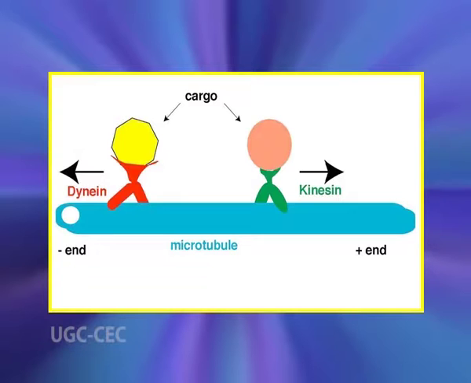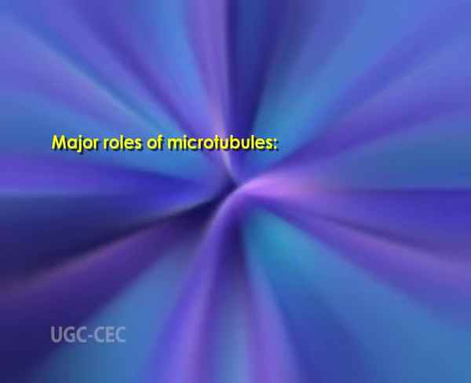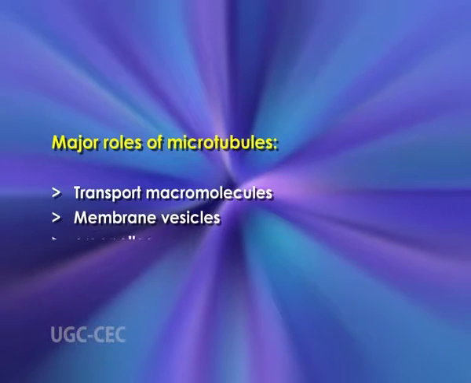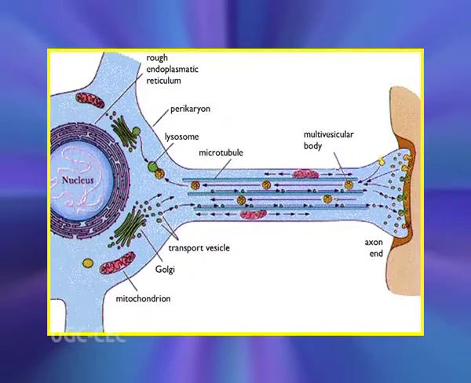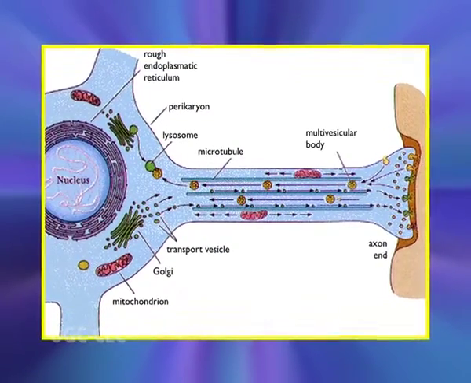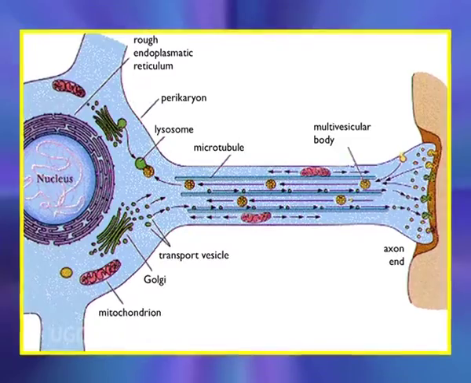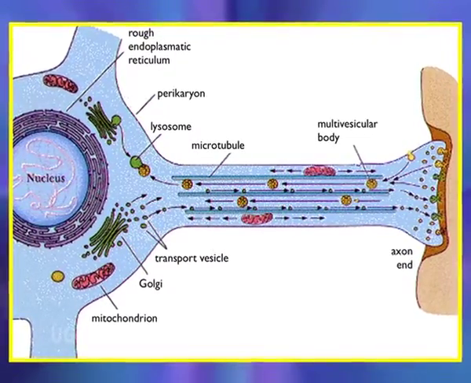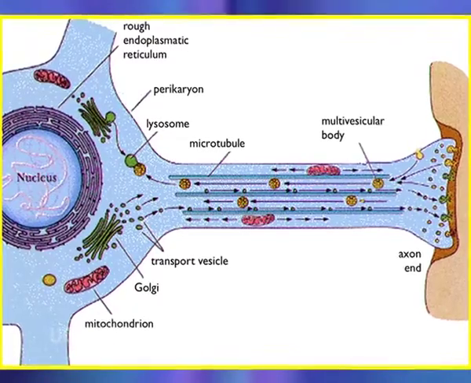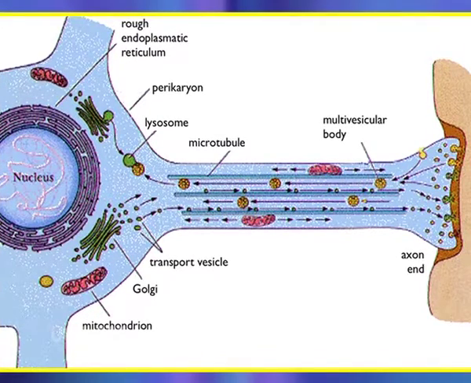in which microtubules participate. One of the major roles of microtubules is to transport macromolecules, membrane vesicles and organelles through the cytoplasm of eukaryotic cells. Such cytoplasmic organelle transport is particularly evident in nerve cell axons, which may extend more than a meter in length. Ribosomes are present only in the cell body and dendrites, so proteins, membrane vesicles and organelles, for example mitochondria, must be transported from the cell body to the axon via